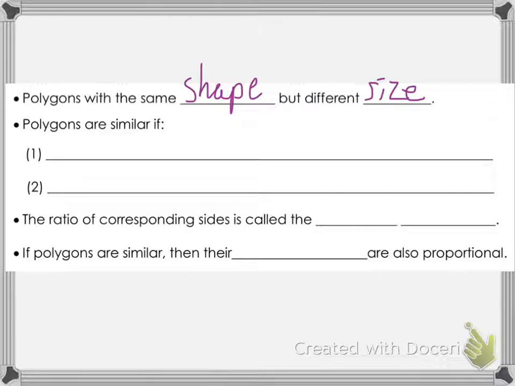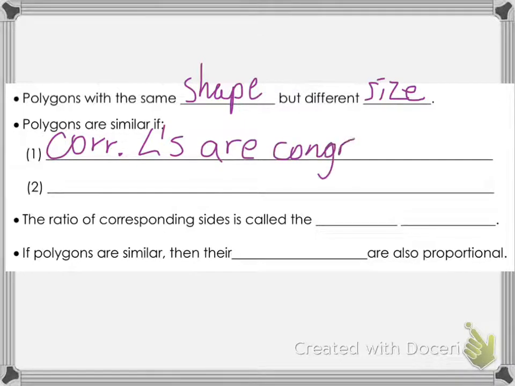So our polygons are going to be similar if the corresponding angles are congruent. There we go. Corresponding angles are congruent, and the corresponding sides